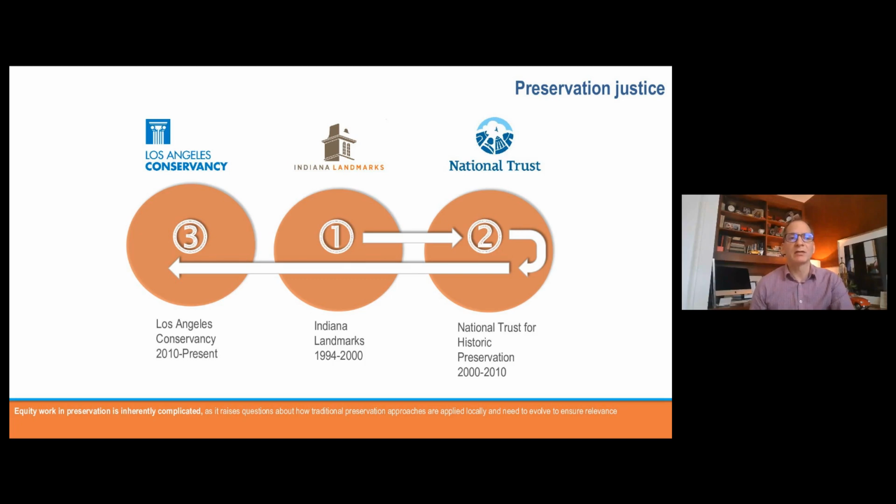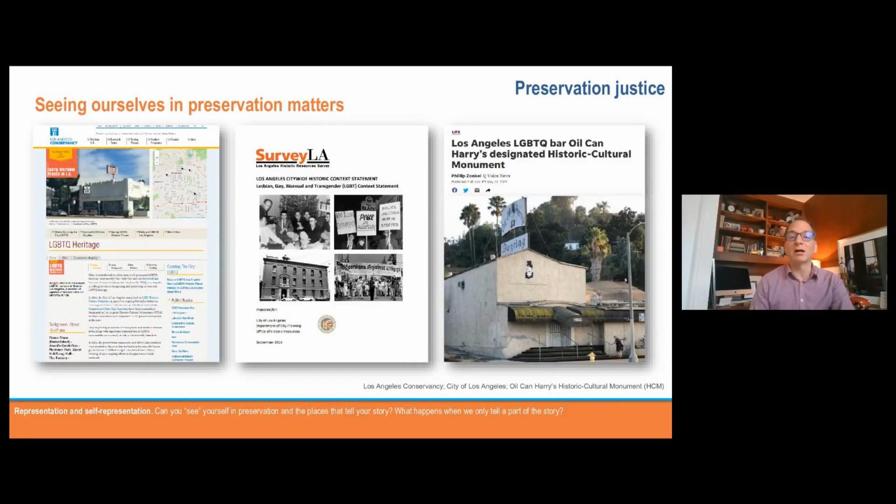And I think this is one of the hardest jobs that we have in local preservation, but it's also one of the most meaningful in terms of doing this type of work. I will also say, until probably the last 10 years, I didn't fully see myself in this work. Not only am I a white privileged male, I'm a white, gay, Jewish privileged male. So there are layers to stories within places, there are layers to stories within people.